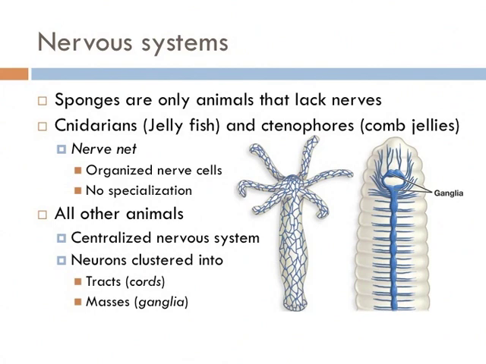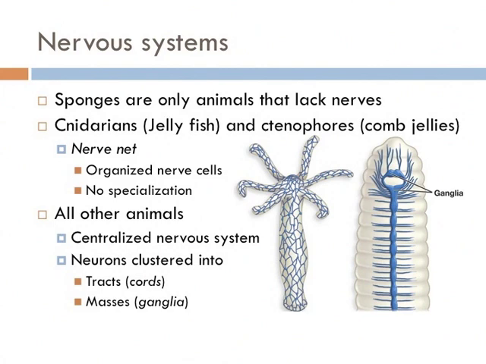What I mean by this is the nerve net allows the animal to respond to its environment, but it has trouble alerting the animal to where the stimulus is coming from. For this reason, simple animals with nerve nets will typically respond in the same way to contact with an object regardless of where that contact occurs.